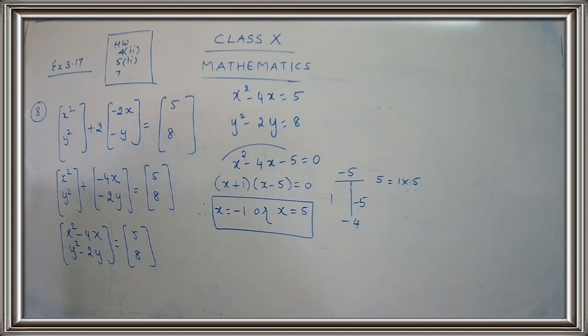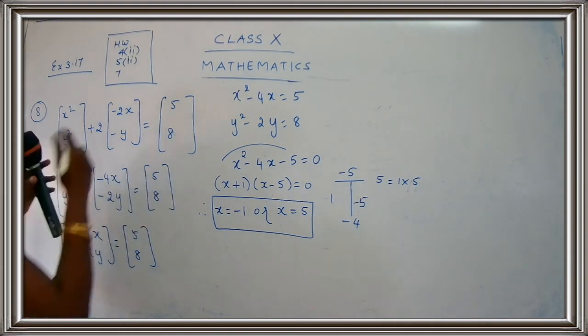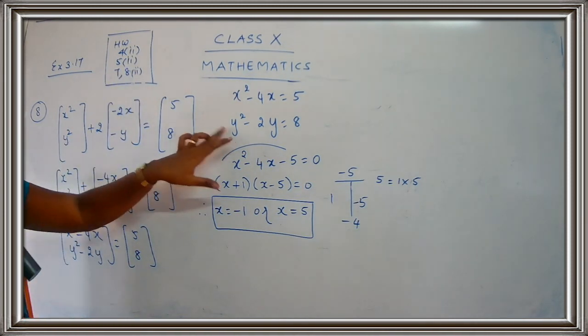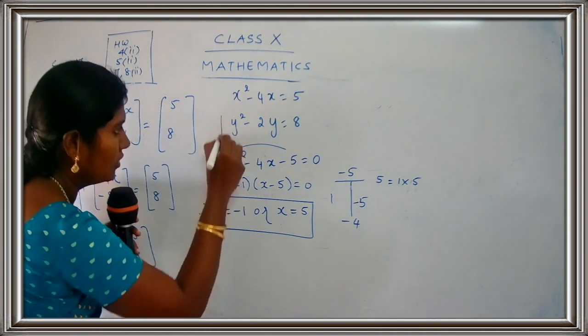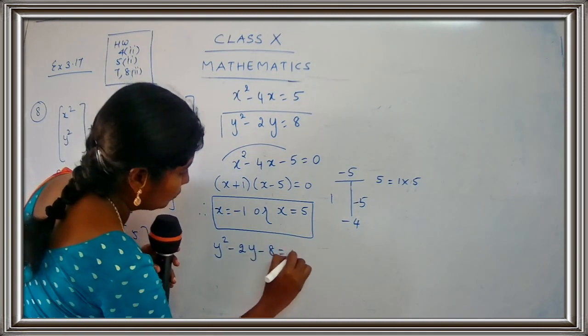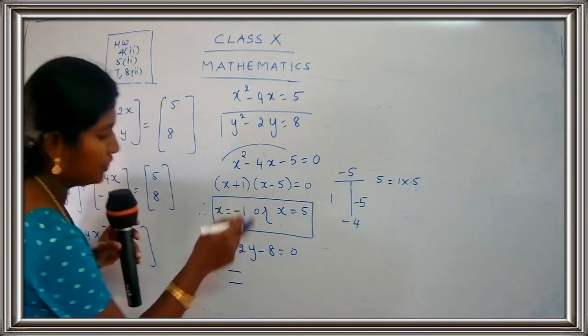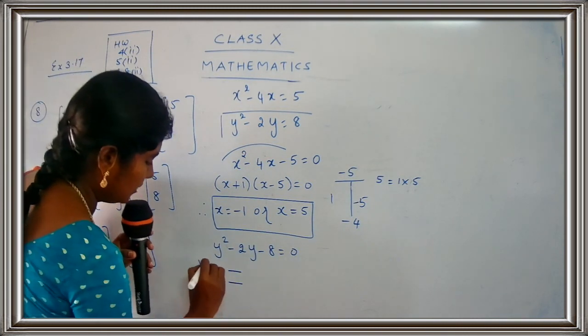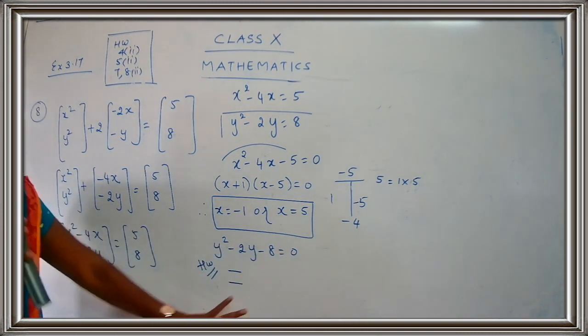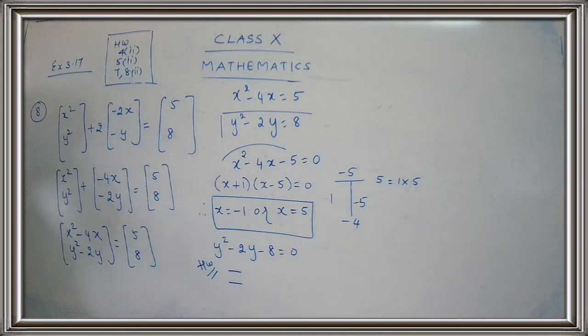Okay, children. So I have found the first part. So your work is 8th question, the second part. That is, you are going to find out the value for y. That is your homework. You have to complete this in only 2 steps. So this will be a homework. Okay, children, so we had completed sum number 8, only half part, only 3 lines are left out and those 3 lines will be done by you. You have to use a T method and you have to get the value for x and y. x I have found, you have to find the value for y.